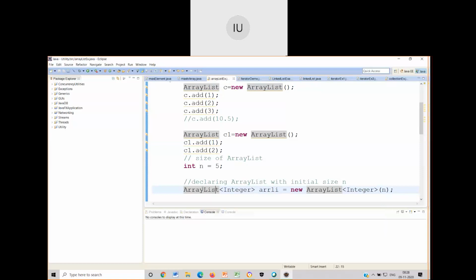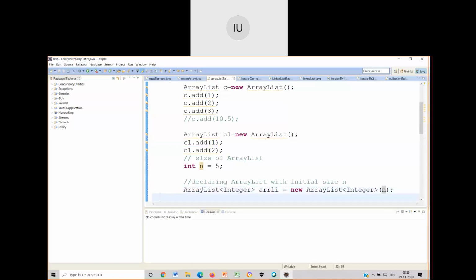In this declaration, there is a generic usage. It means it is type safe. Along with that, similar to arrays, you can pass the number of elements. This size n can be varied, unlike in the case of arrays. When you give n, it indicates the minimum number of elements that are needed. So even this is allowed.